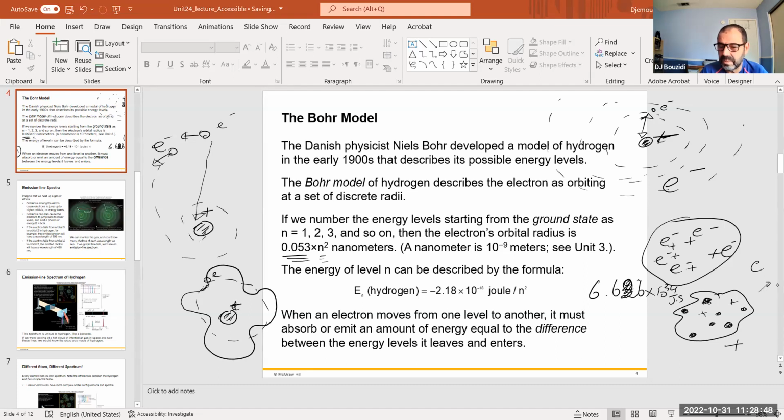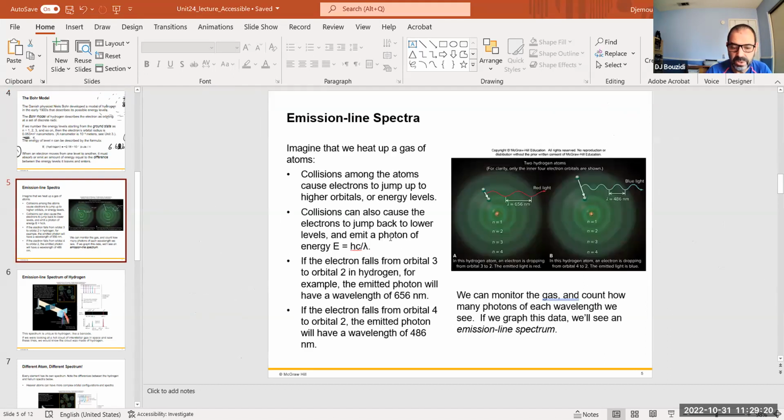So he made that assumption, and he basically just followed what Mr. Planck had introduced early on, and he didn't even have a justification for it. Planck introduced it in the context of the black body radiation to come up with all of those T to the power 4 and lambda max that we discussed earlier today. So again, this works, but there was no explanation for it. Later on, the advent of quantum mechanics explained these things. So that works, and that gives us the different energy levels that are seen in every textbook. So now the electrons can sit in specific energy levels from 1 to whatever number you have,